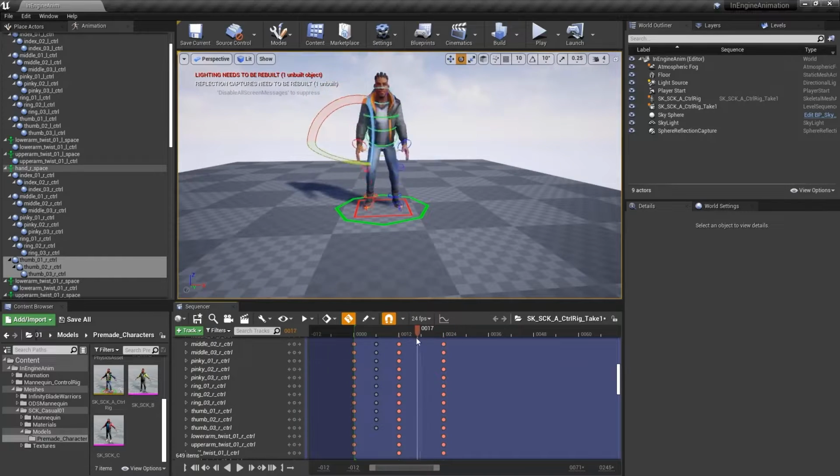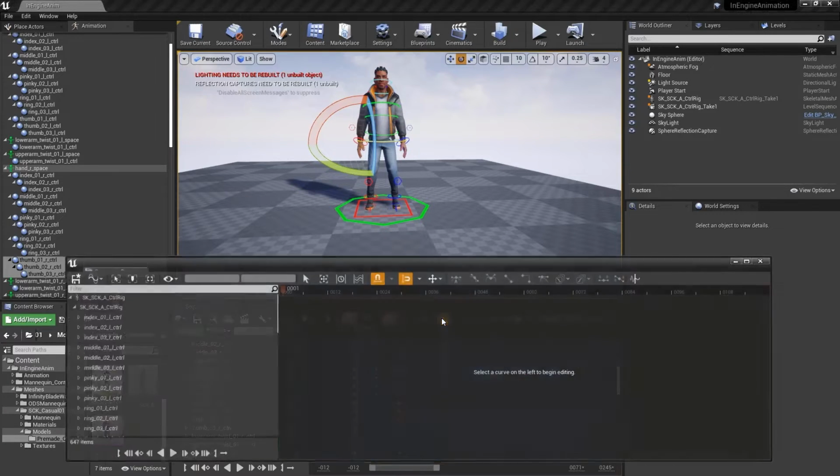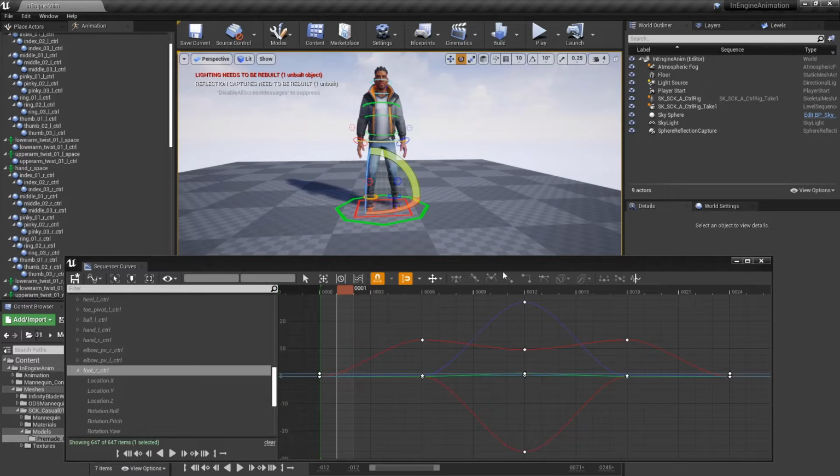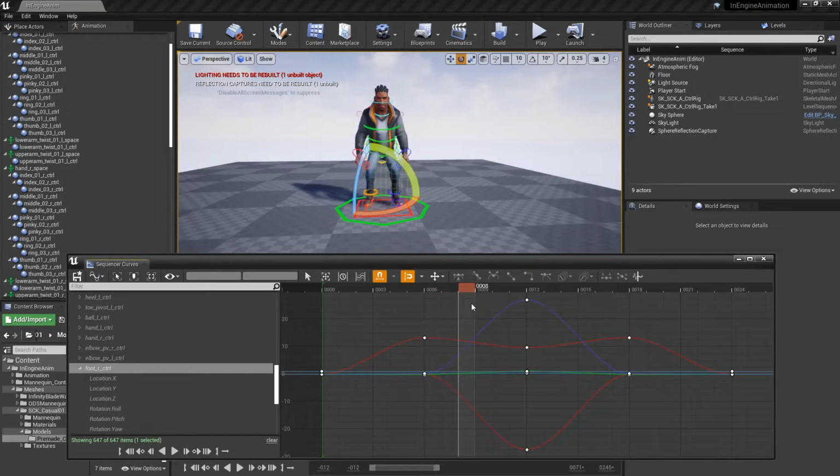So if we want to do some further refinement, we can open up the curve editor, and it's going to be similar to other DCC tools as well. So one thing I'm noticing is, for instance, when he jumps up, his feet are lifting right off the bat. And that's not something I want. I want them to stay planted so that he gets that full extension until he finally lifts up off the